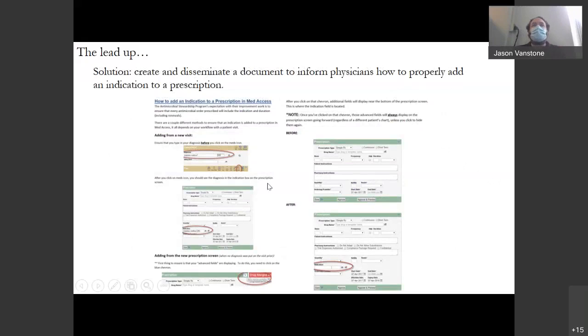So to remedy that, we worked with Caitlin Hansen, who's one of our friends and colleagues over in primary healthcare, or was at the time, I think she's digital health now. Anyways, she helped to develop and distribute this standard work. So basically, we created a document that would help inform physicians and prescribers how to properly add an indication to the prescription. So what is the process you need to go through so that it gets into the right box, in the right place in the EMR, and how you can make that work in your workflow so that it's happening at the right time so they don't have to go back and click and change things. So there's a bit of an educational piece here about just getting people to use the EMR properly so that they're putting in the right information in the right spots.